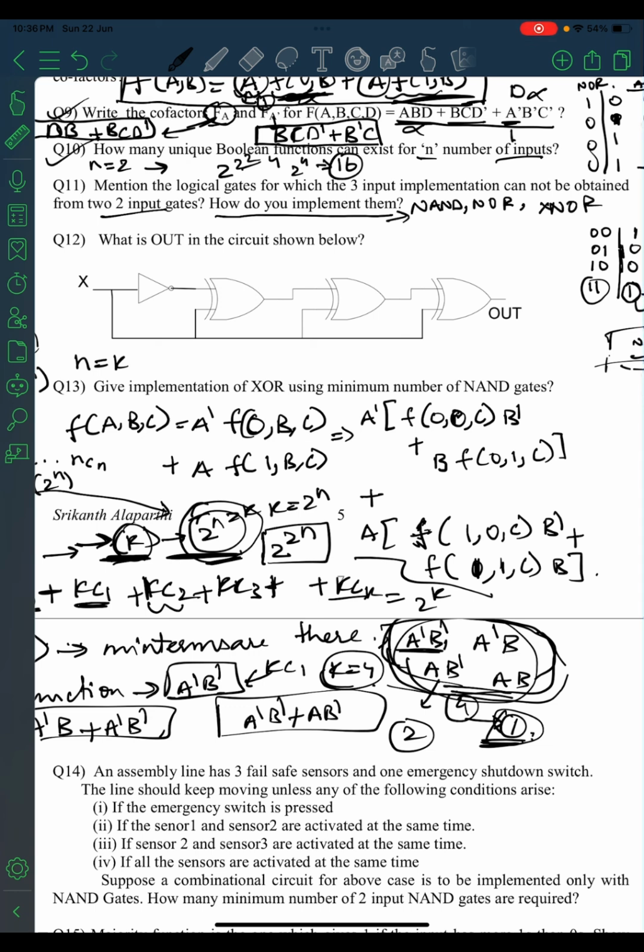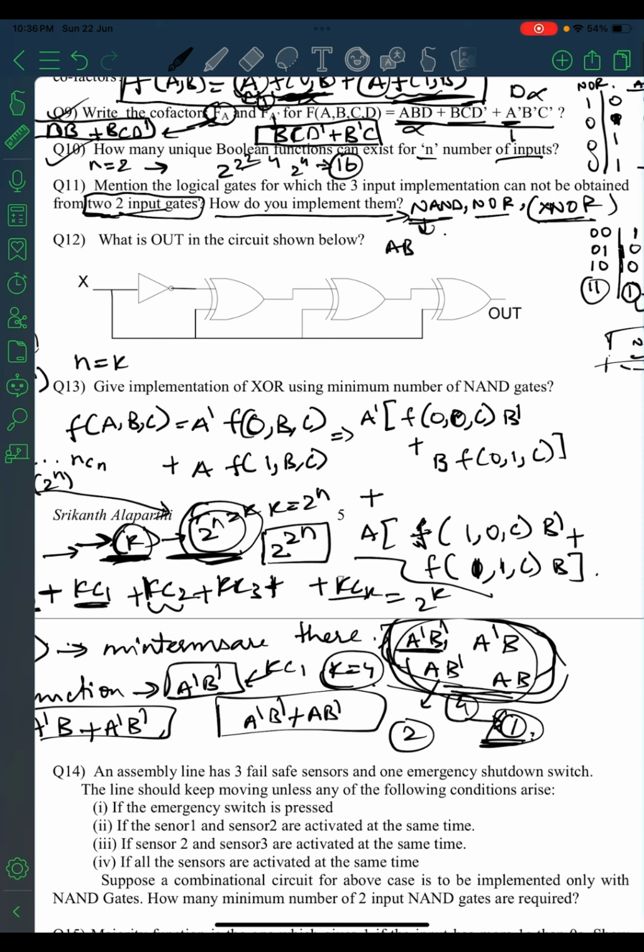These three you are not, XNOR means XOR ka complement, NOR and NAND. These three you can't implement by using only two-input gates. You need at least 3 inputs, because for the NAND what is